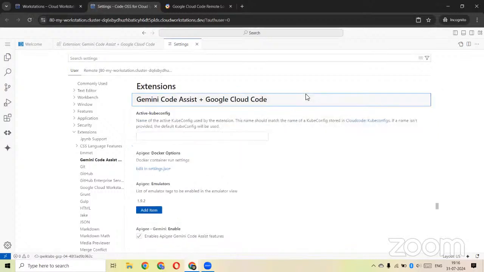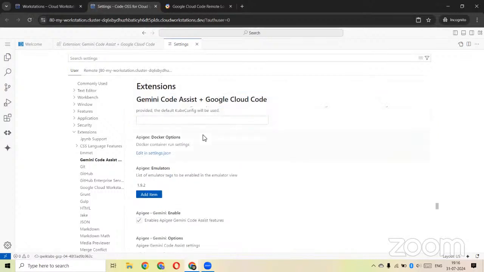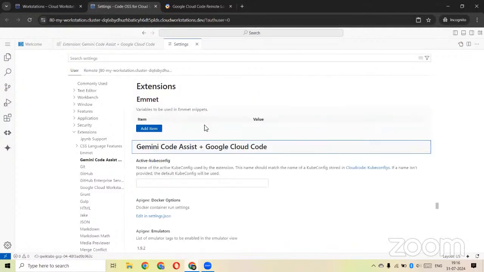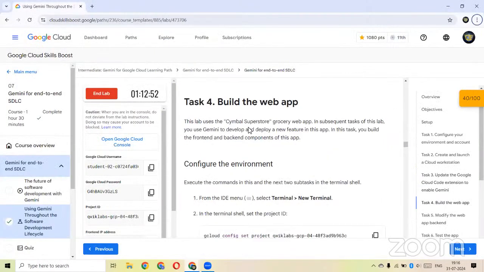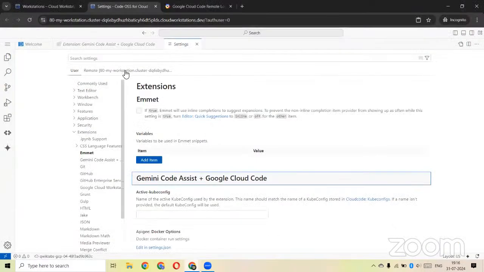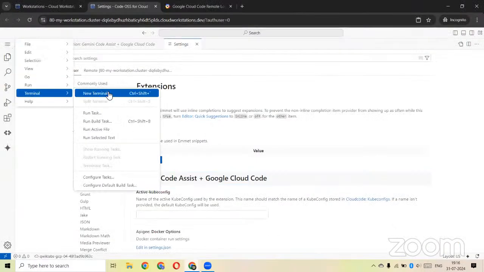Okay, and now we are ready. We have enabled the Gemini, and we have also activated the Google account. Okay, now we'll be building the web app. This is the Simple Store web application. For that, just click on terminal, click on new terminal,